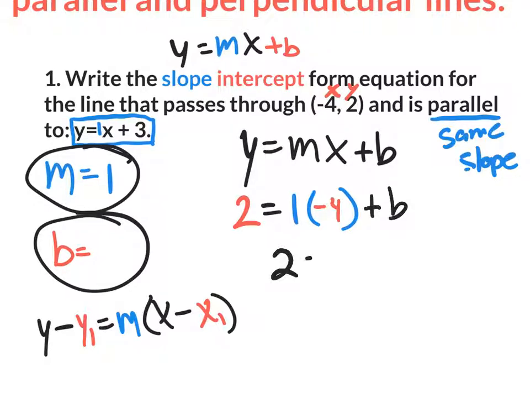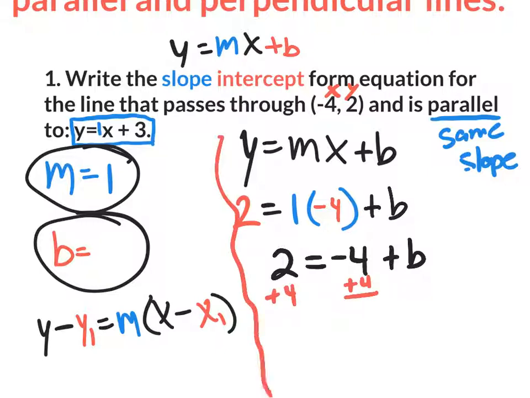So you really have 2 equals -4 plus b. And then you solve for b by adding 4 and adding 4. And we have 6 equals b. Now that we know that b equals 6 and our m equals 1, now we could actually write our equation